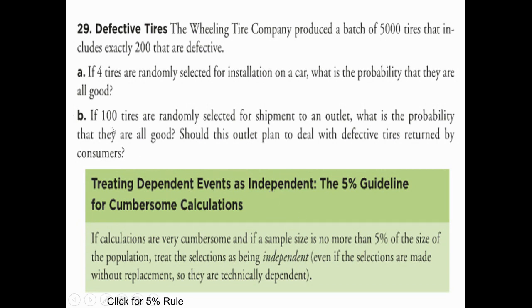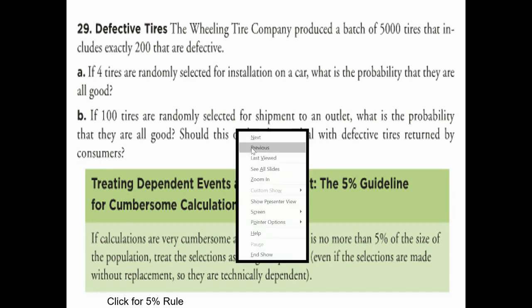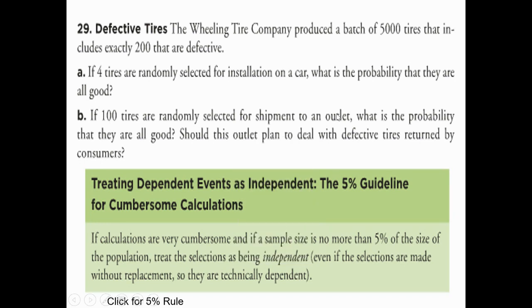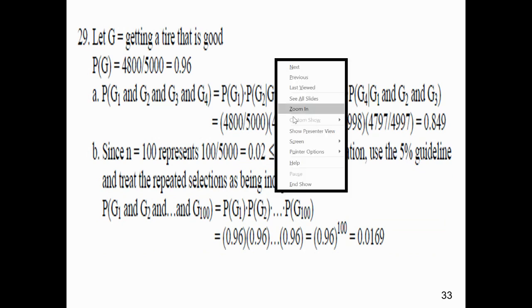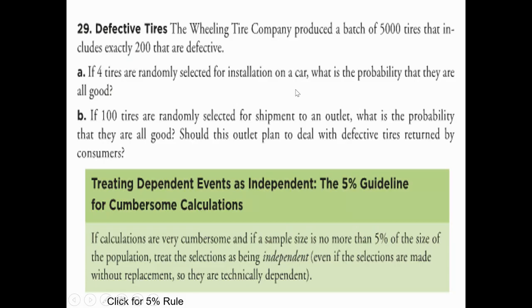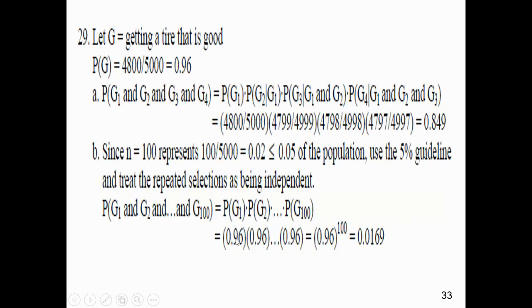And obviously, doing all this 100 times would be considered, I guess, cumbersome. So what I'm going to do here is to treat this problem letter B as these events as being independent. One has nothing to do with the other, which means I'm going to use